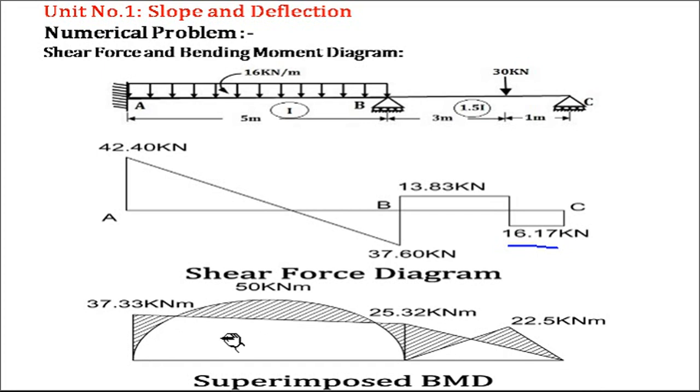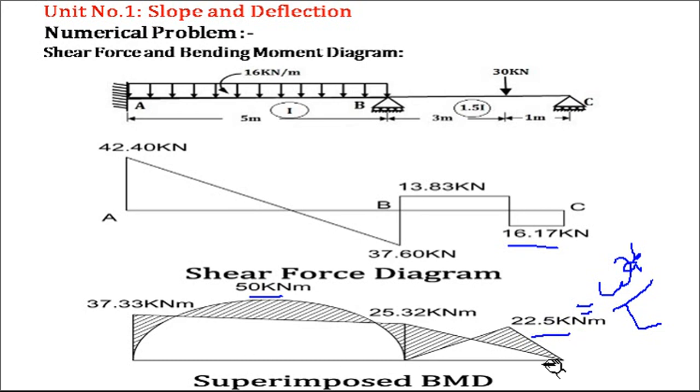Okay, now then you have to impose this fixed moment with the free bending moment diagram. So as it is the uniformly distributed load, the formula is WL square by 8. So WL square by 8, if you put the value of W 60, L as 5, so we get the answer as 50. So here for the point load acting away from the center, the value is WAB upon L. So we know the value of W 30, A as 3, B as 1 divided by L is 4. So we get the value 22.5.